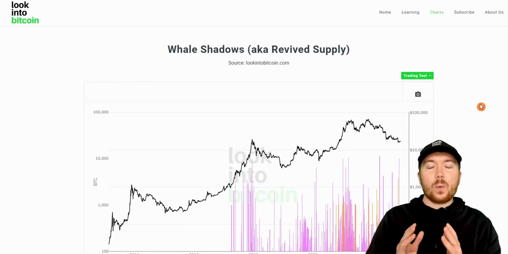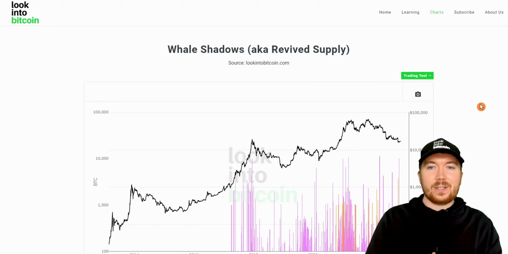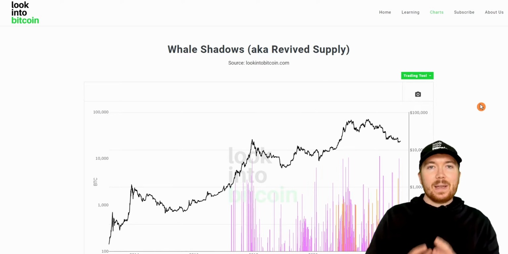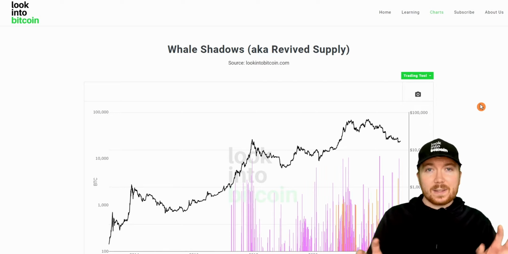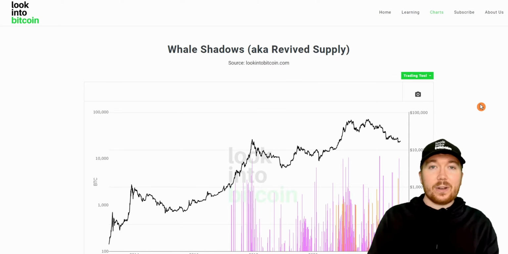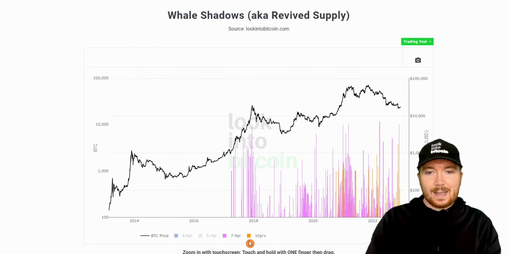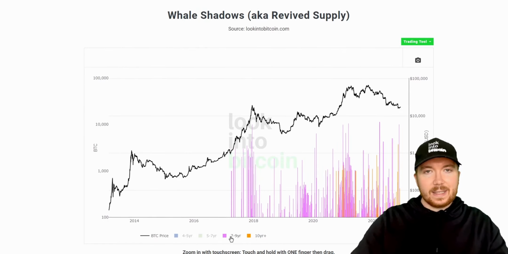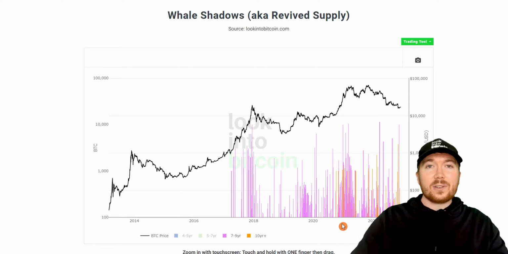So right now, we're just on the Whale Shadows chart on lookintobitcoin.com, also known as the revived supply, and this is looking at Bitcoin transactions made by whales, or those that hold a large amount of Bitcoin that haven't actually moved this Bitcoin in an extended period of time. So right now, if we just look down, we can see on the key here on this Look Into Bitcoin chart, we're currently seeing 7 to 9 year, these pinky purpley lines, and the 10+ year whale transactions on the